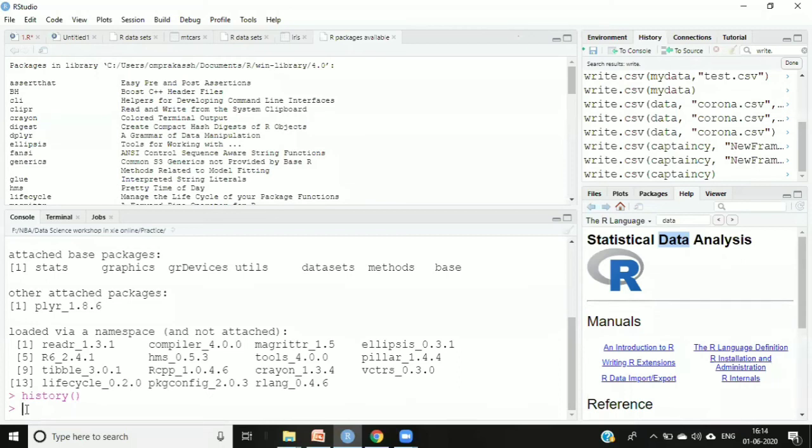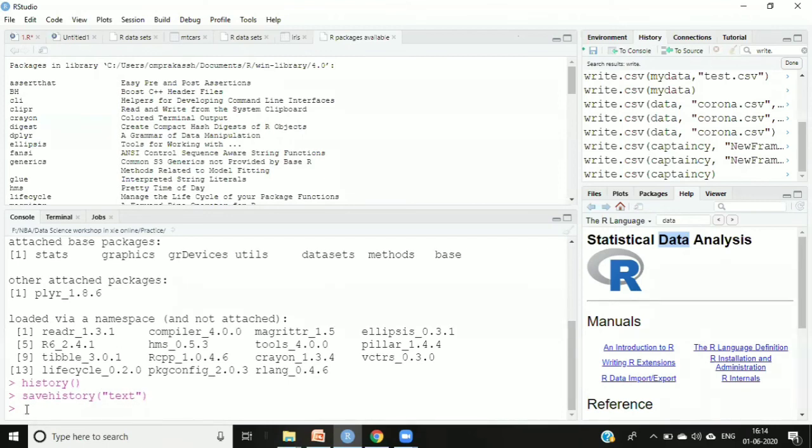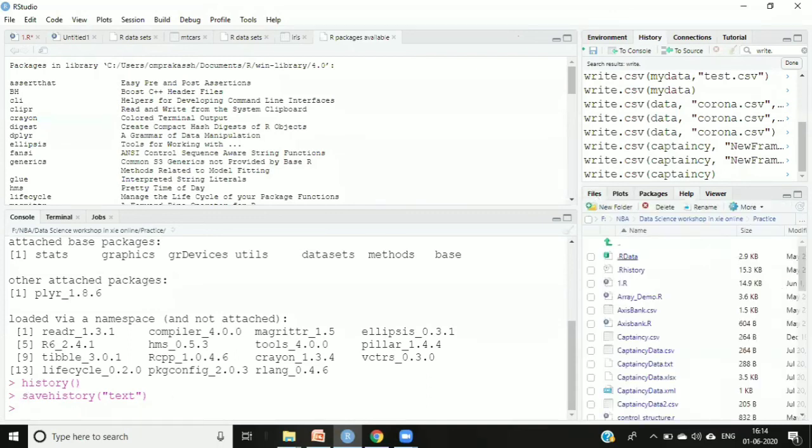For all the history, you just say savehistory, and give the name of a file, let's say text, and enter. If you type savehistory text, a text file will be created in your current working directory folder.